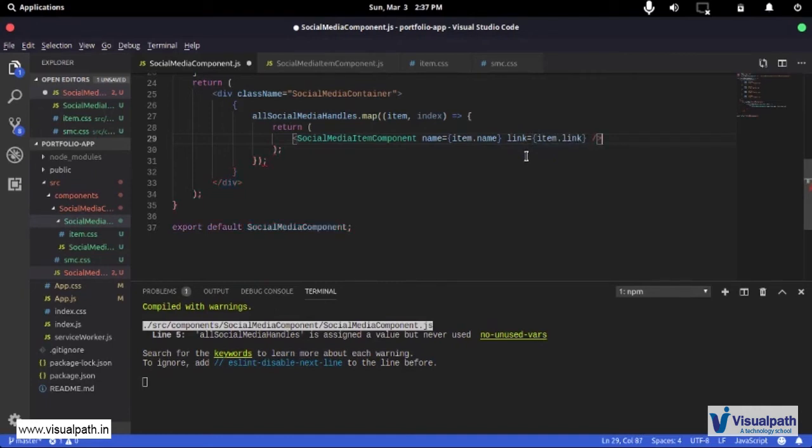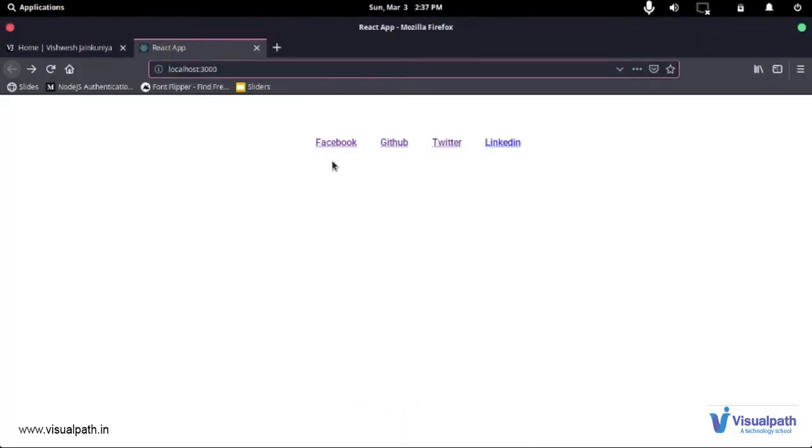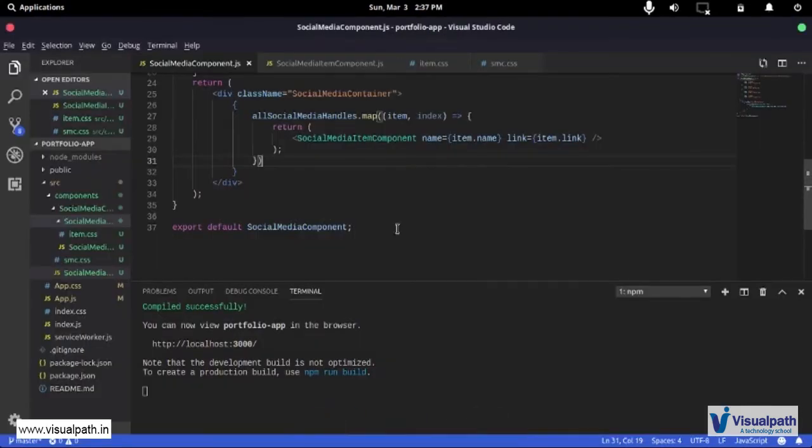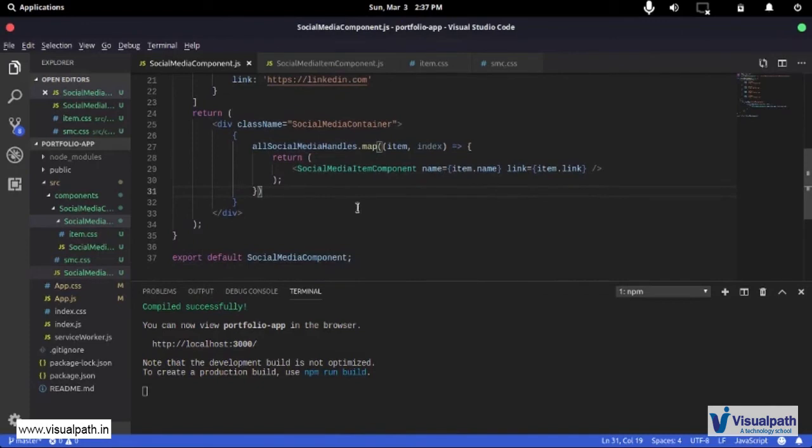Now if I save this and I go here, I see that I don't need to use the semicolon here, and if I save this, it says it compiled successfully. And if I go back, I see I didn't have to create that UI by repeating myself, but rather I had a procedural way of going about it.